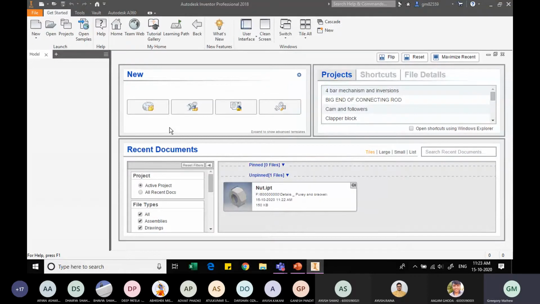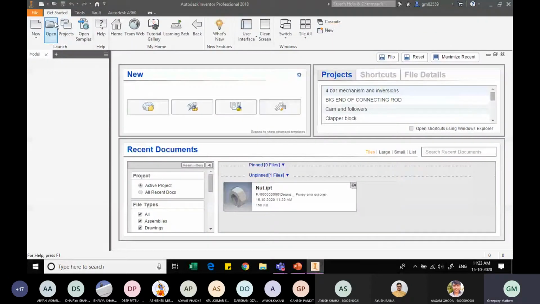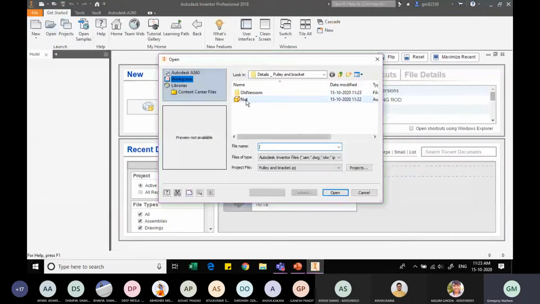Now what I wanted is I will create the second nut that you have. This nut is similar to the earlier nut that we just made. That is, a flange nut is similar. Only the earlier nut had a thickness of 16. Here the width is just 8, and we also have an additional flange which is 3 mm. So now look how we are going to remodify the originally created nut so that it appears like the flange nut. So I will call my original component, which was nut.